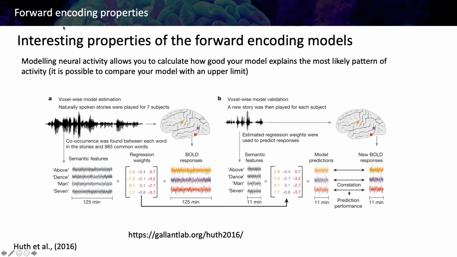Anyways, you can try different types of model, and in the end you can see what the upper limit will be and compare with different versions of the model whether your data predictions are improving or not. To illustrate that, I will use this study by Huth and Gallant lab that was run in 2016